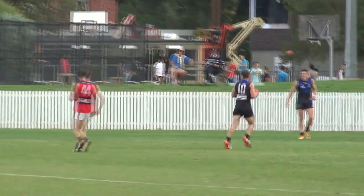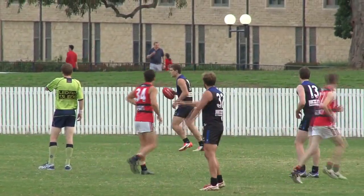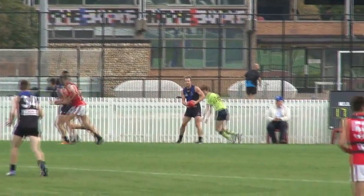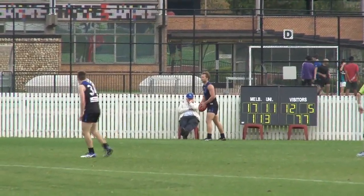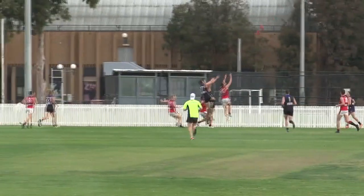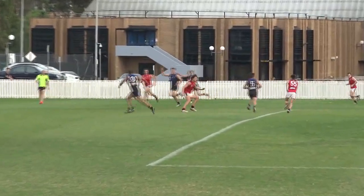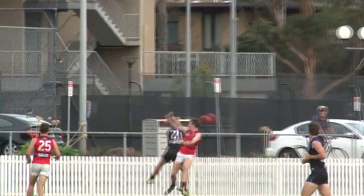Uni Blacks get on with it immediately. Mahon's got it at half-back for Uni Blacks. So Mahon is going to kick it to the outer side. And he's looking for Richardson and finds him. Good lead by Richardson. Swimming pool side of the ground, right in front of the big scoreboard here at University Oval. Kick towards centre wing, and a good mark taken by Tom Williams. Williams for Old Xav will repel momentarily, but it's a shocking kick right into the corridor where Dornoff, you can't give him an opportunity, and just puts one into the air looking for Sharp. It seemed to